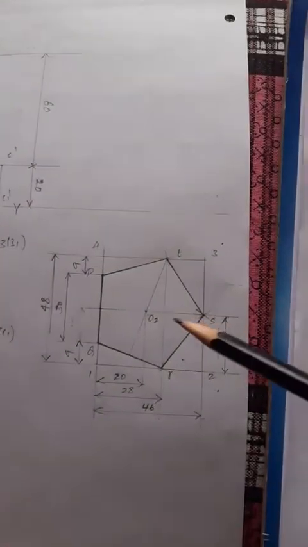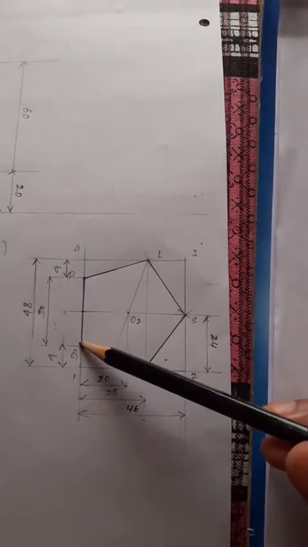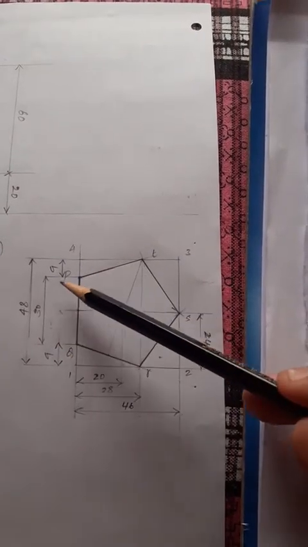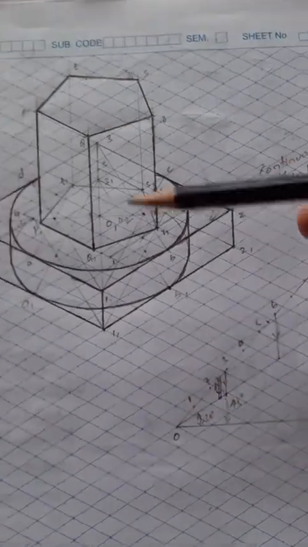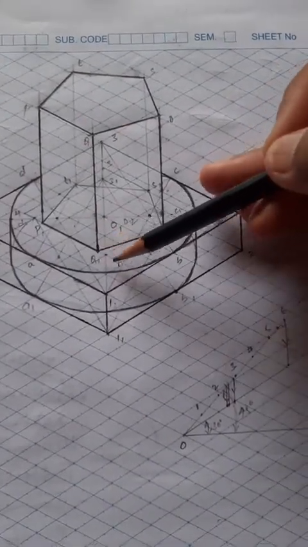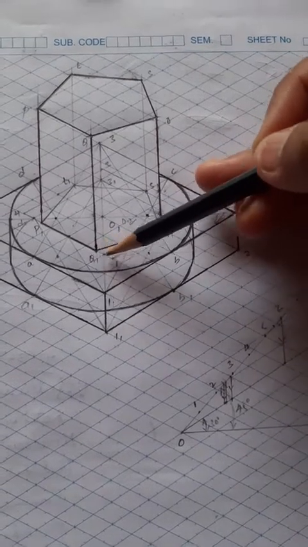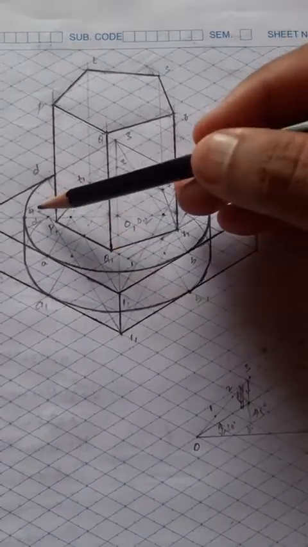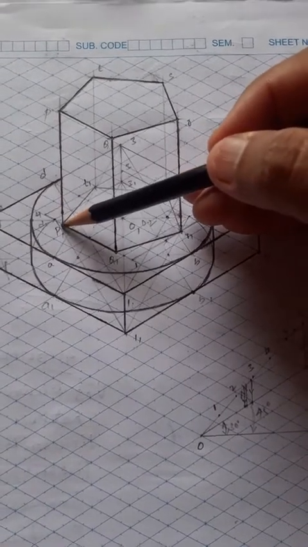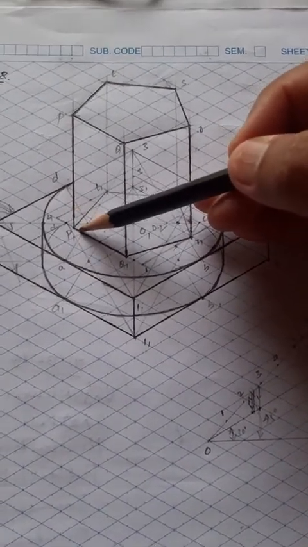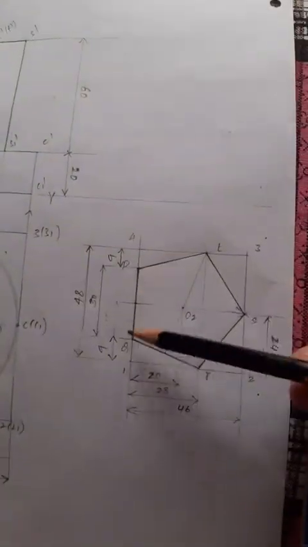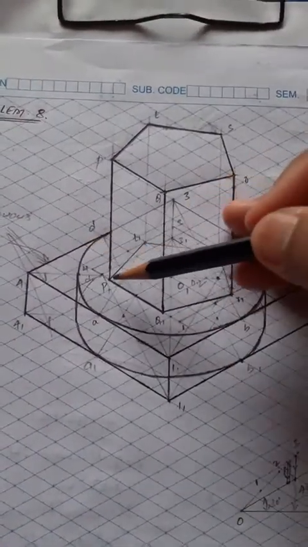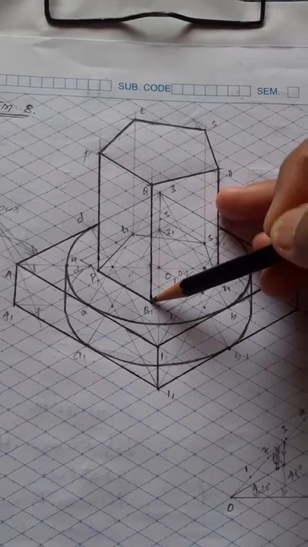How do you measure here? From 1 to Q, how much? 9 mm, right? From 4 to P also 9 mm. Convert into ISO 9 mm, or approximately take 1 block. From 4 to P1 also 1 block, or convert into ISO 9 mm. Then you will get P1 and Q1, right? Then P1 and Q1 will lie on which line? The 1 and 4 line, right? That's why I mark here the 1 and 4 line, P, P1 and Q1.